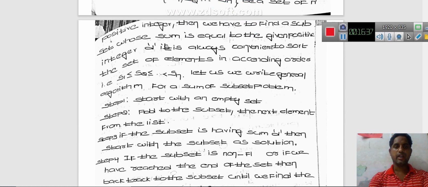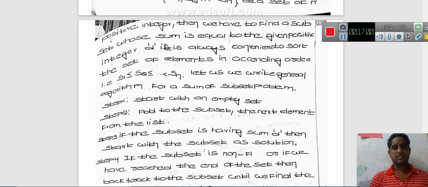Then we have to find a subset whose sum is equal to the given positive integer d. It is always convenient to sort the set of elements in ascending order, that is S1 less than or equal to S2 less than or equal to and so on up to Sn.